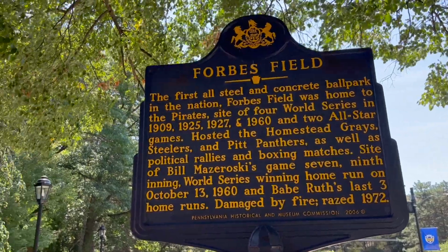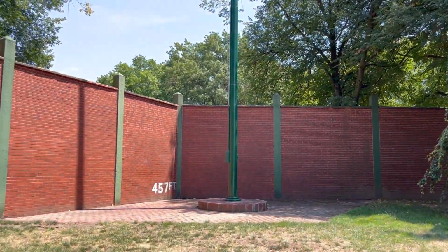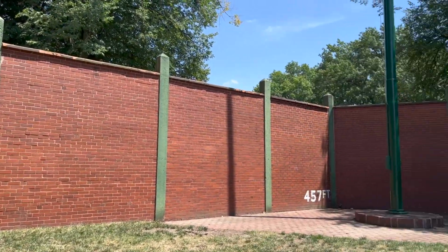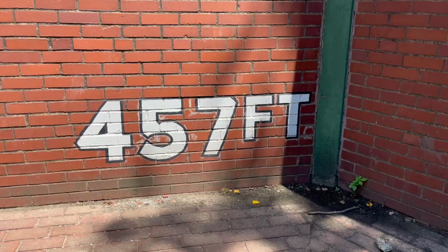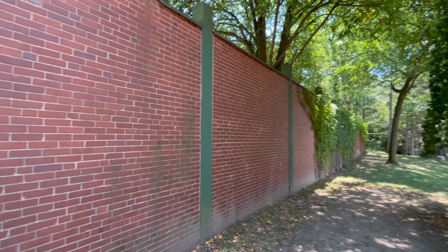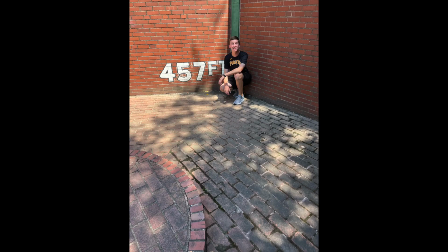One of the many things on my Major League Baseball bucket list is to hit all 30 active Major League Baseball stadiums, and on August 3rd, 2022, I took another step closer to accomplishing that goal. It was the start of a 5-day road trip where I'd go on to see 4 new ballparks for my checklist, and we began with PNC Park, but before that, we saw the remains of what used to be Forbes Field,